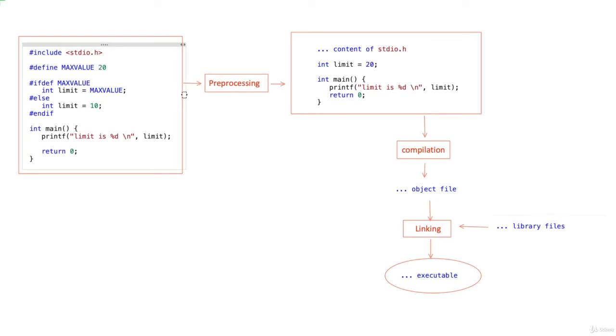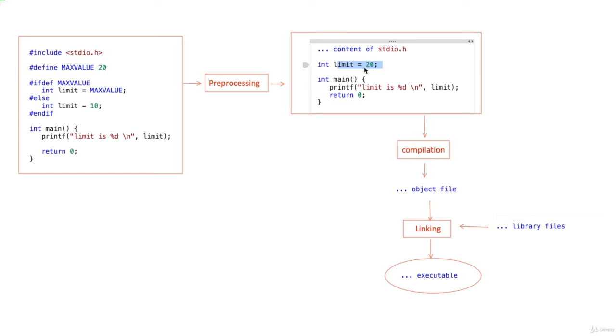So if you put something like this, some wrong characters here, the preprocessor won't complain, but simply replaces the definition with this value. The compiler will complain. The compiler will say that this is an invalid expression. So that's what you need to remember carefully. The preprocessor's responsibility is to expand the definitions and the references. That's all. The compiler then verifies whether the statement is correct or not syntactically.